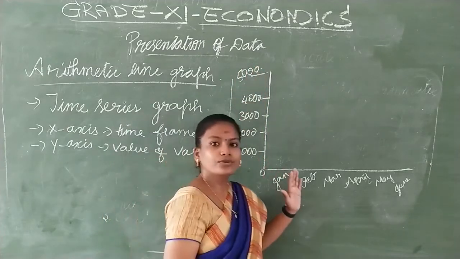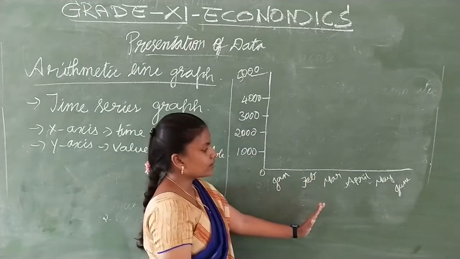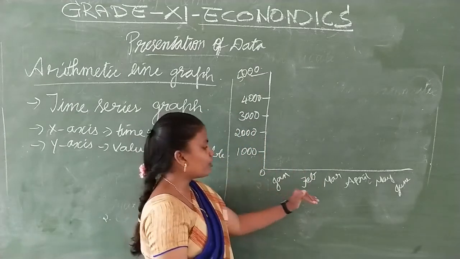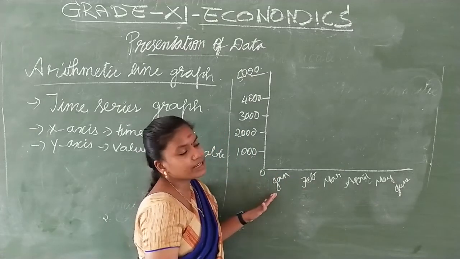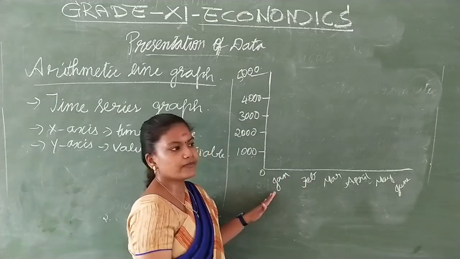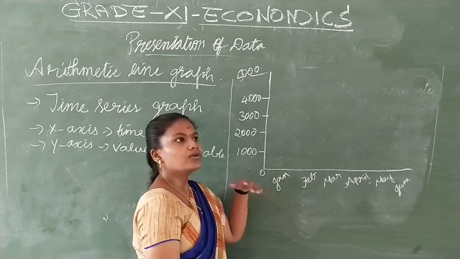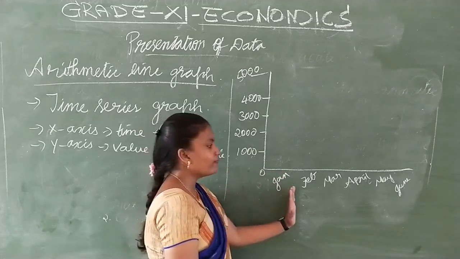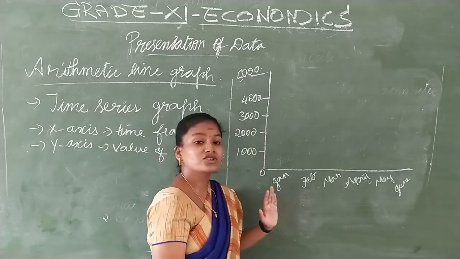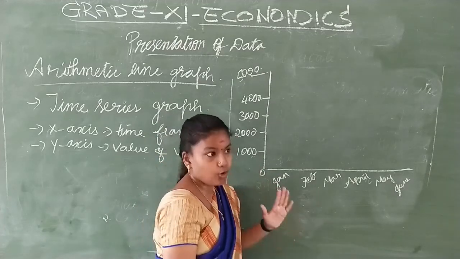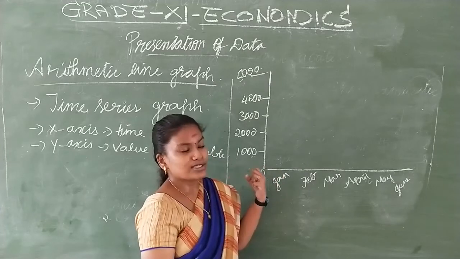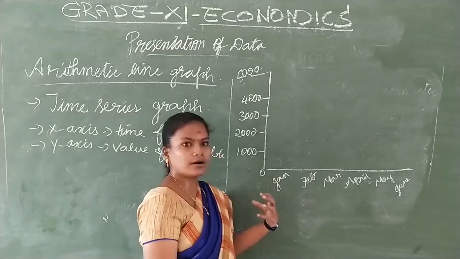So these are the units of production, and these are the months. Usually the time frame is marked on the x-axis. It can be anything, children. We have taken months in the example given in your book. You can have years. You can have weeks: week number 1, week number 2, week number 3. When you are going to present the data about your height change or your weight, when someone's on a diet, they want to measure.